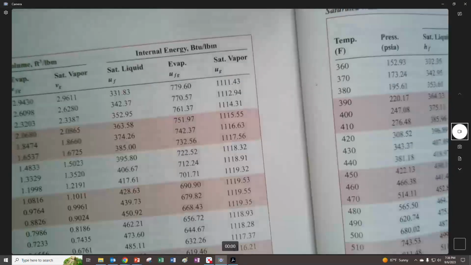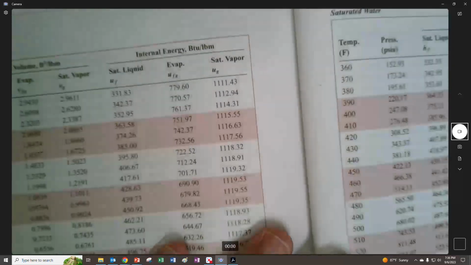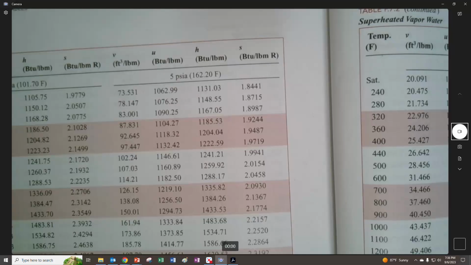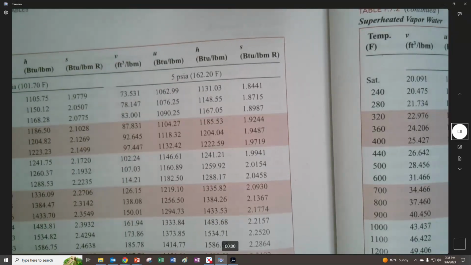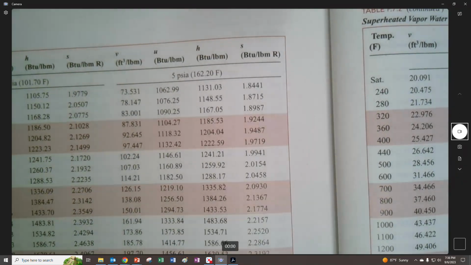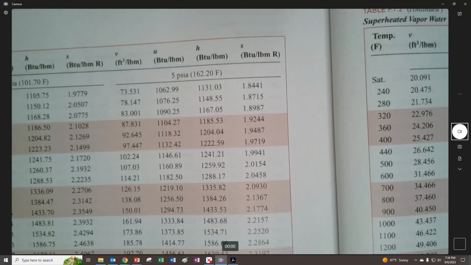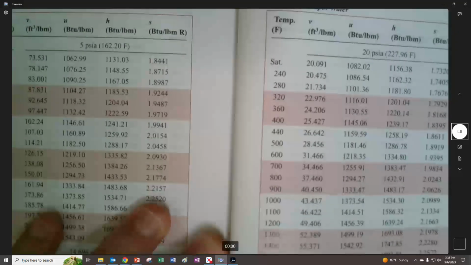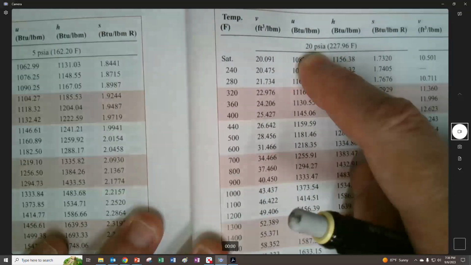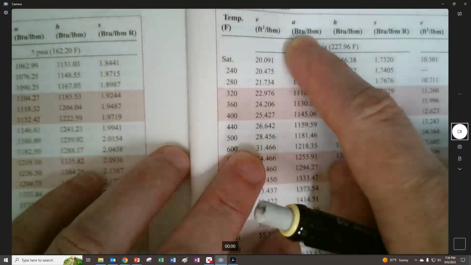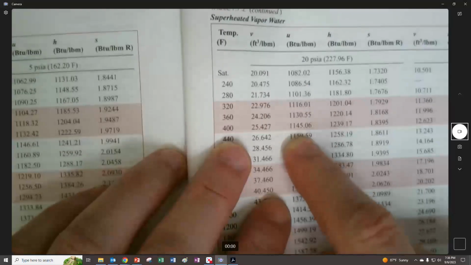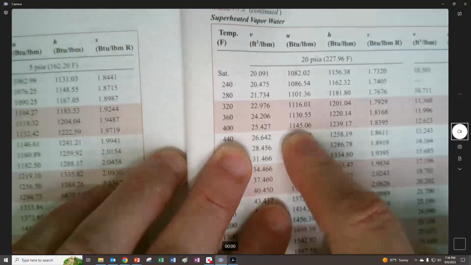And you really want to do that kind of thing each time to check, hey, should we use superheated or not? What is the state of this? So we need superheated tables, and we need 20 psi, right? So look at there, 20 psi, and the temperature had to be 400, right? So there is the specific volume, and here is the internal energy. So that's all we had to do. And we can find out that it's